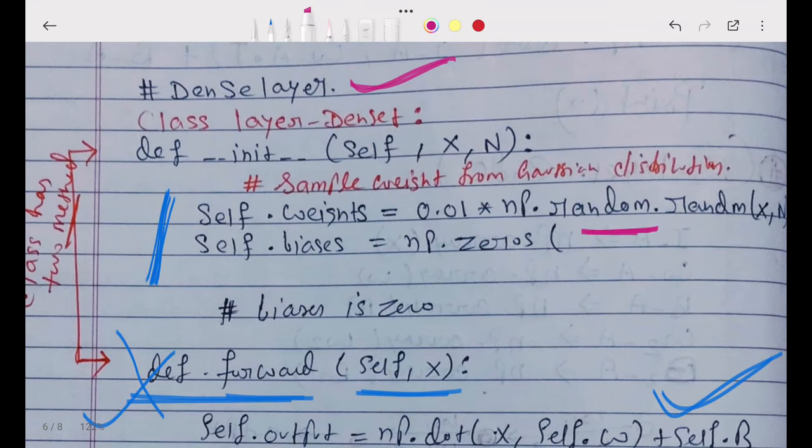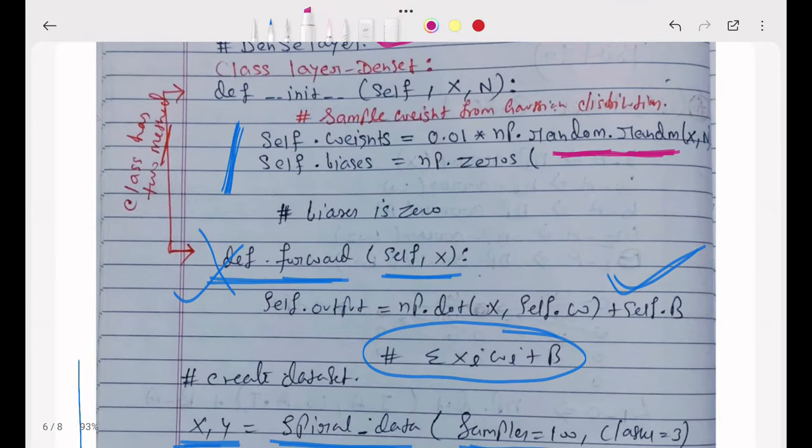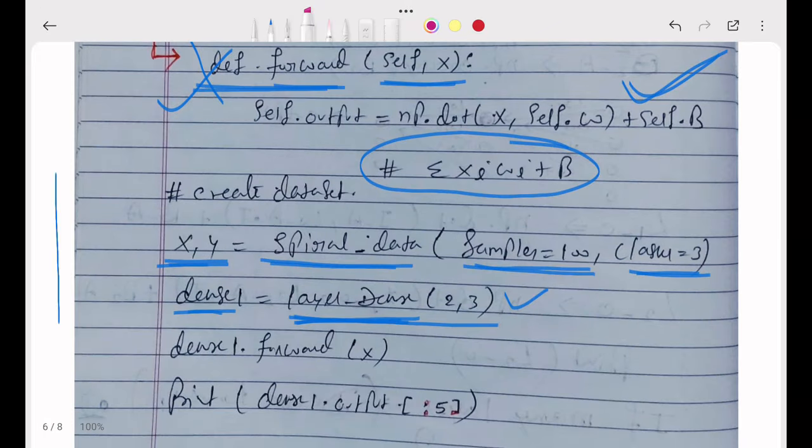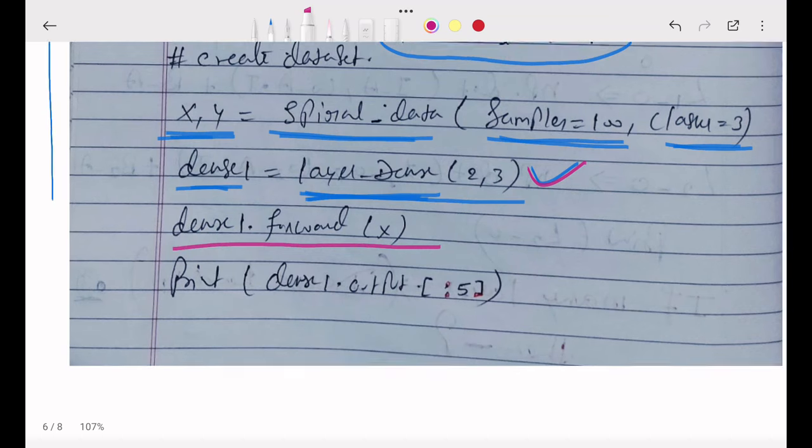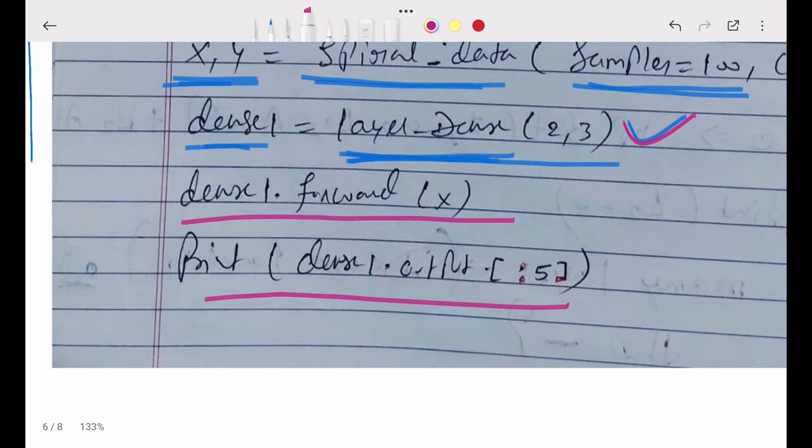We are taking random weights with randn. What is the meaning of this? We are taking the data according to the Gaussian distribution. Bias also we are taking as 0, and we have taken the weight. After that we are using the forward pass, and after that we are printing the value.